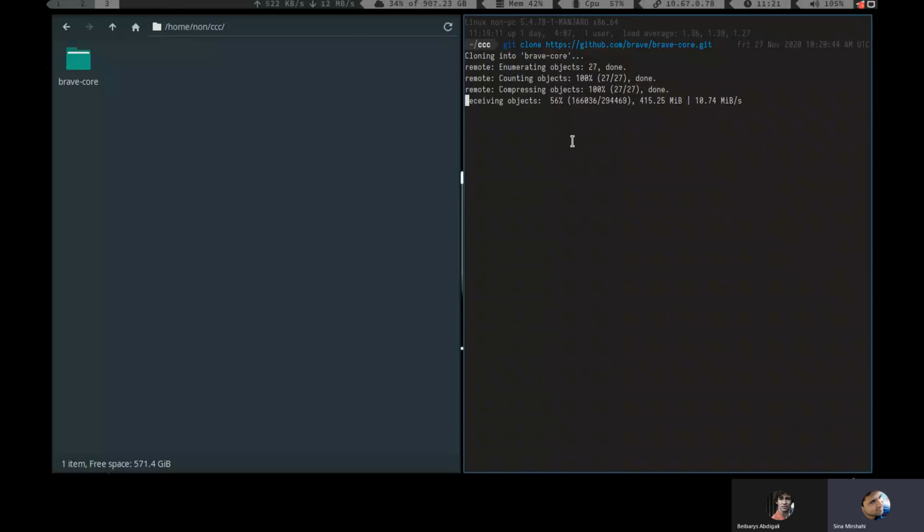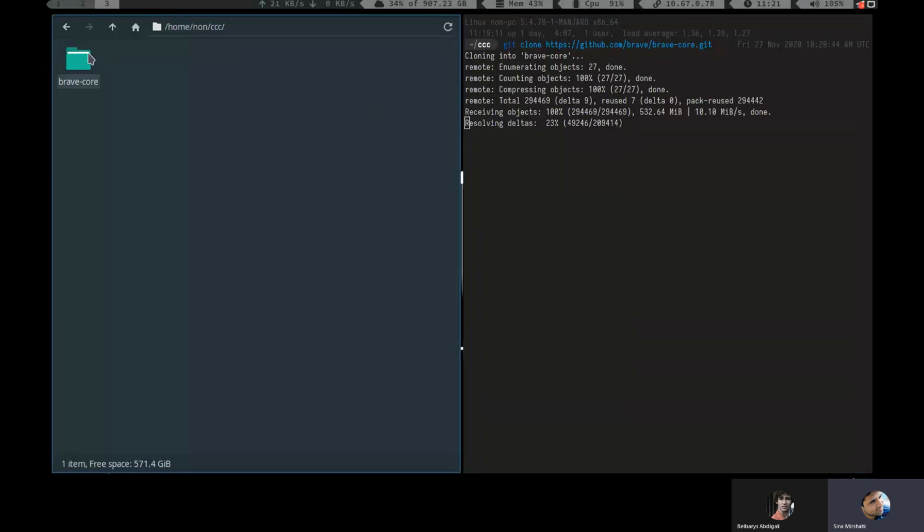You see now it's almost 1 GB. And yeah, it's quite huge. It's basically a browser now. It's called Brave browser. It's like Google Chrome, and because it is open source for everyone,